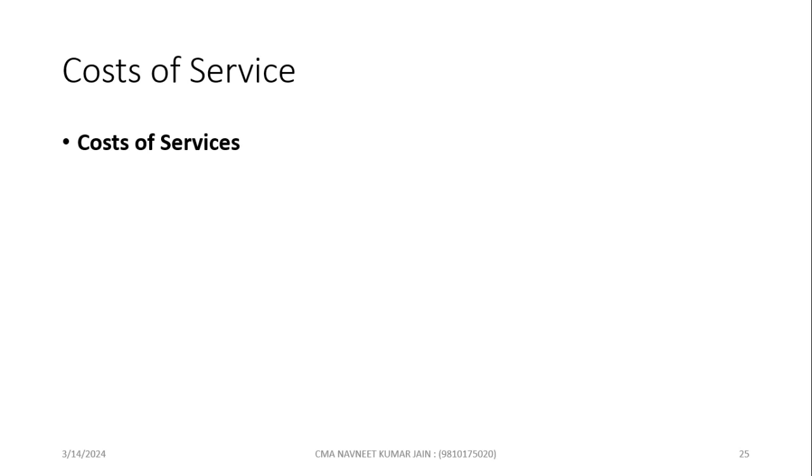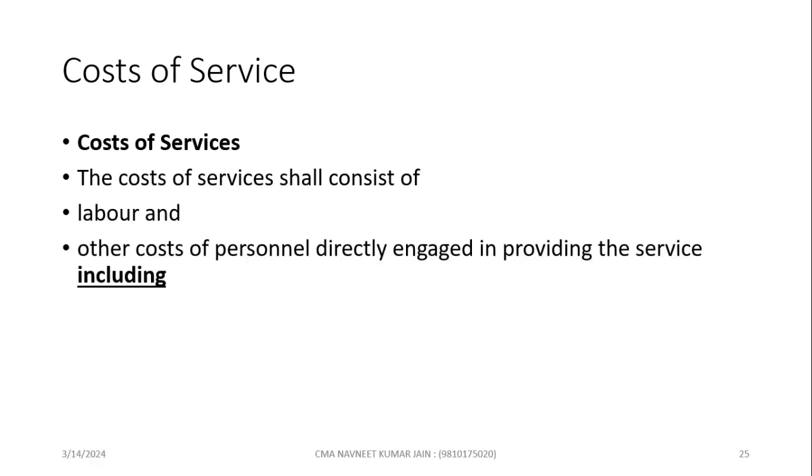Now, coming to the cost of services, the cost of services shall consist of labor and other costs of personnel directly engaged in providing the service. Now, here comes the problem, or maybe you can say the challenge. Because here they are expecting that other costs of personnel, the term they've used is directly engaged in providing the service. It means a one-to-one correlation has to be present between the cost of the personnel that the organization is bearing and the services they are providing to a particular product or activity. So this one-to-one correlation should be present to actually allow these costs to be included as cost of service. This cost generally will include the supervisory personnel, their cost,